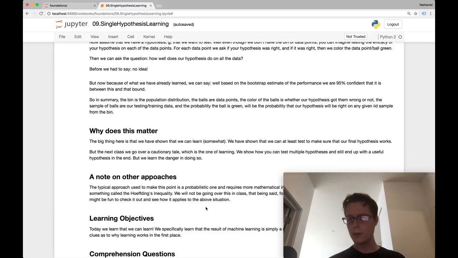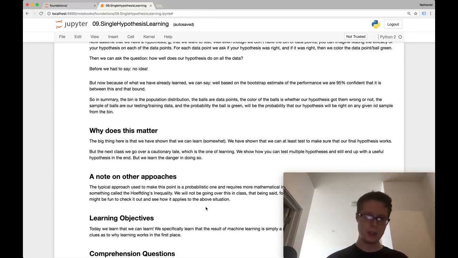The specific way we've learned that we can learn is we can think very hard, find a hypothesis after thinking very hard, and write our hypothesis down. We get a sample from the true population. We need to make sure the sample is random. And then we try our hypothesis on each individual in the sample. Based on the accuracy or inaccuracy of each, we can do a bootstrap estimate for the entire population to see how well it will do.